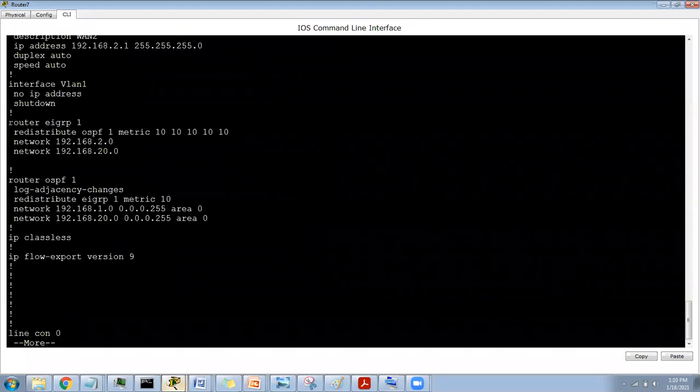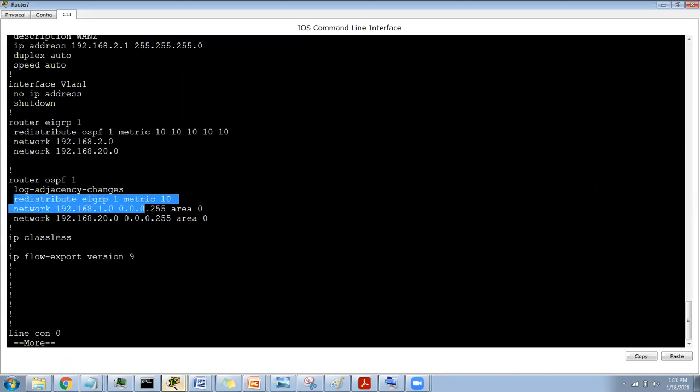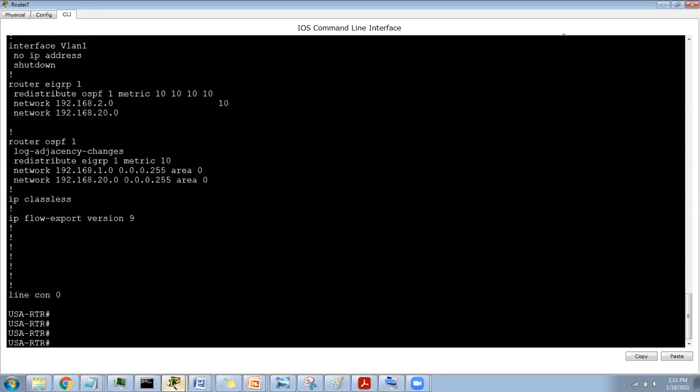Okay, see here. Here EIGRP also running and OSPF also running. So what we have done, we went to the EIGRP and redistributed OSPF one. And here in OSPF we redistribute EIGRP. So once we're done this one,